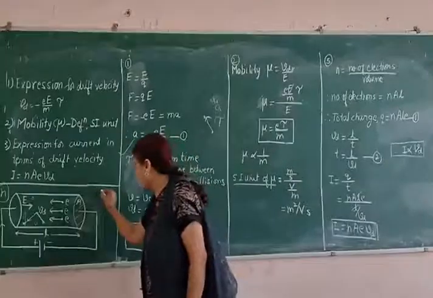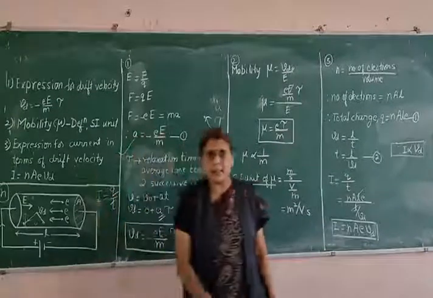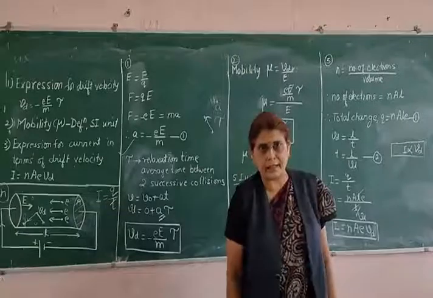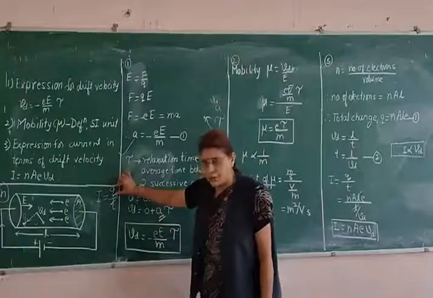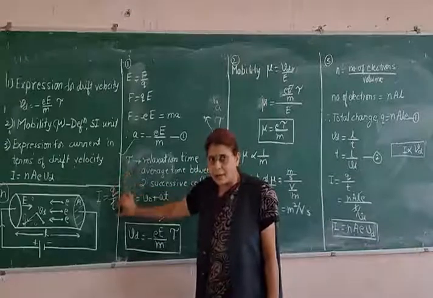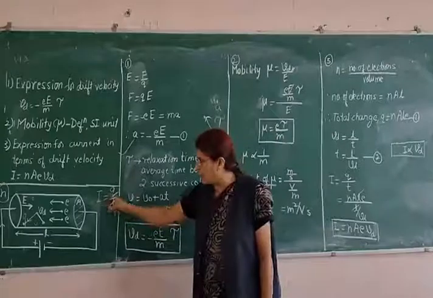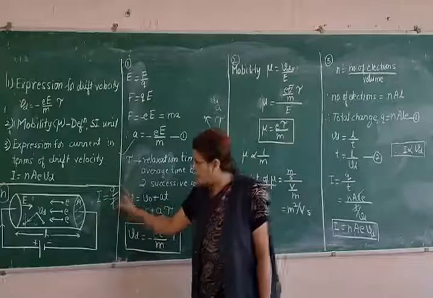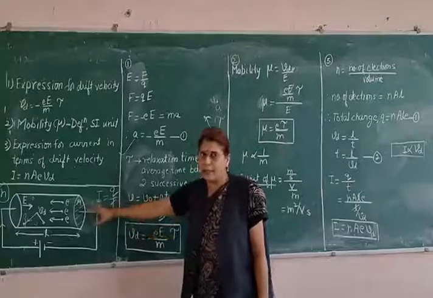So in the first lecture we had this equation. What is current? Current is rate of flow of charge. So the steps in the derivation are very simple. Find out the value of the charge. Find out the value of time taken by the charge to cross the conductor. Put the value of Q and t, you will get an expression for I. So first let us find out Q, then we shall find out t, and then we shall find out I.